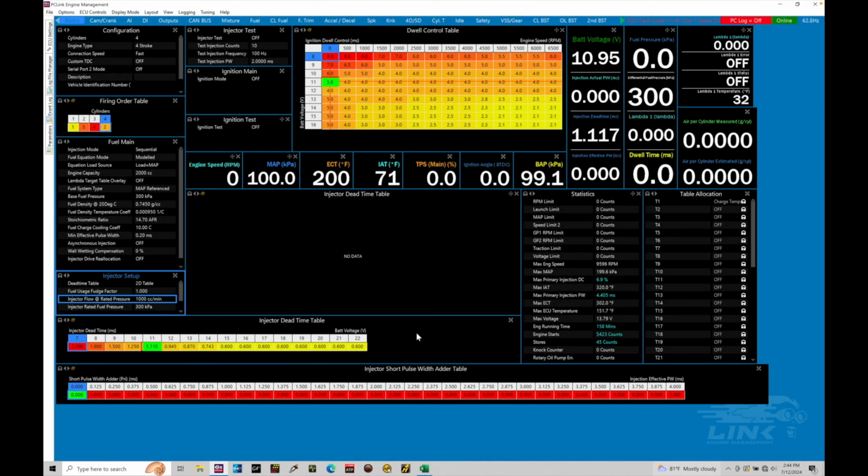Okay, so let's get started. We're going to be taking a look at setting up our volumetric efficiency table within our model fuel equation mode. This is pretty straightforward to do. There are some rules, so to speak, in configuring and setting up the table for the actual values found within the